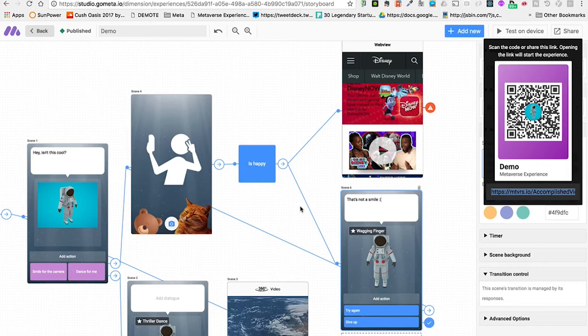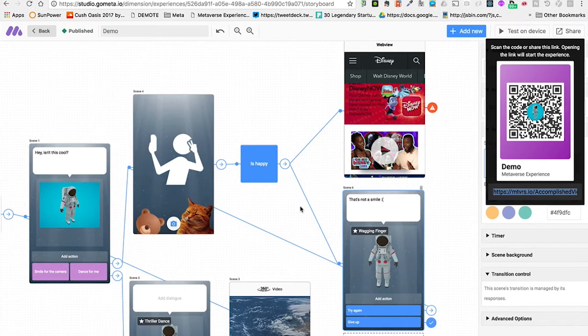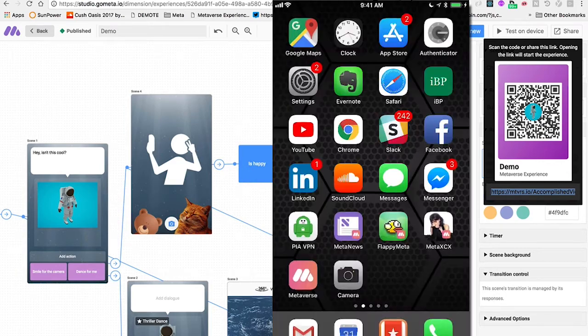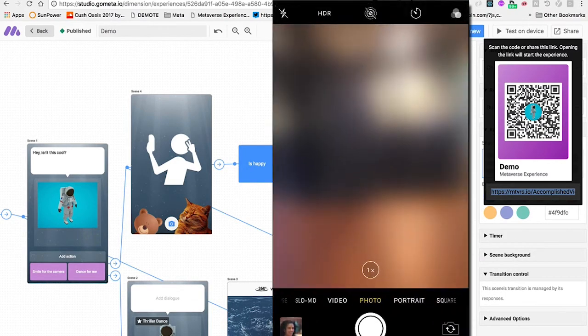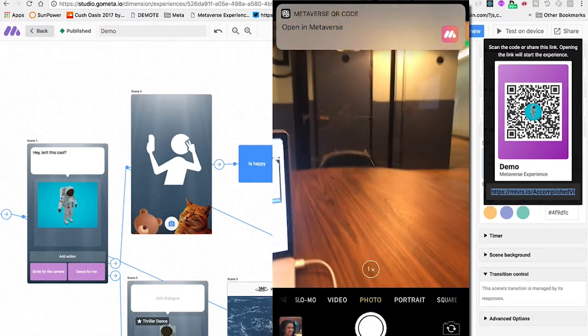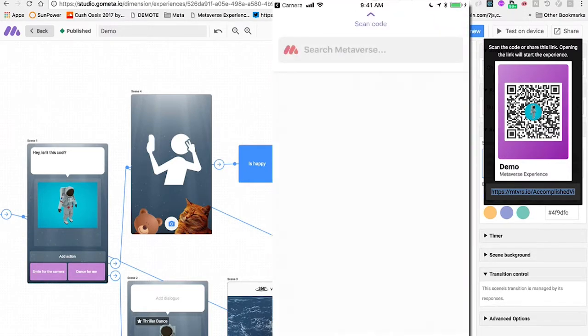If they don't have our app or an app that embeds our SDK, they will be asked to install the app, and then the experience will render. Okay, let's do a demo of this, and let's scan it again with my iPhone camera. I'm going to say open in Metaverse,